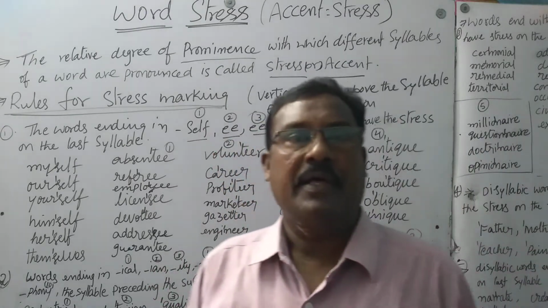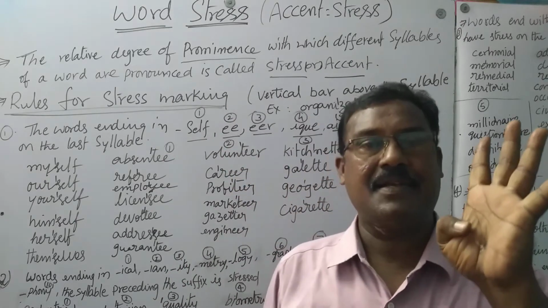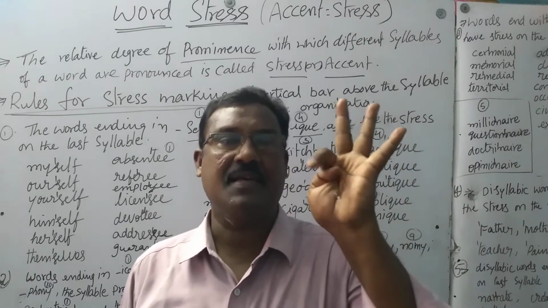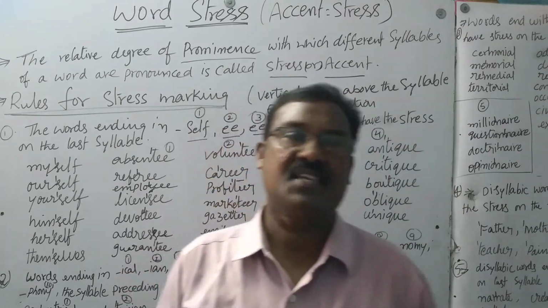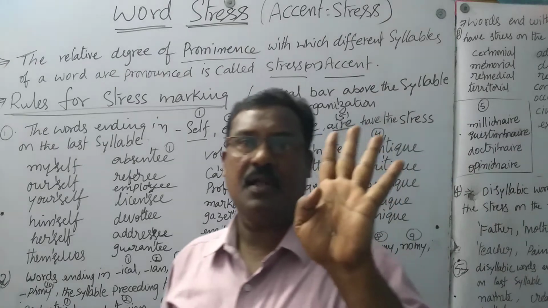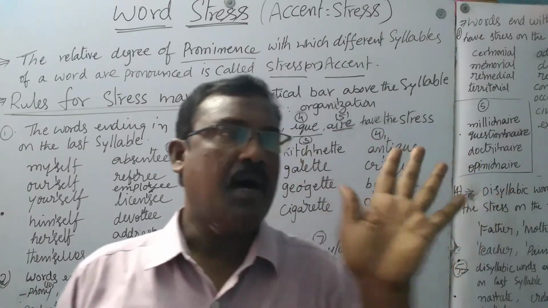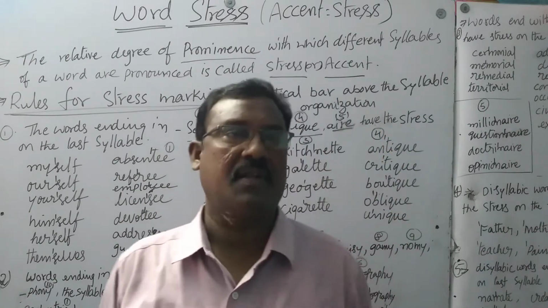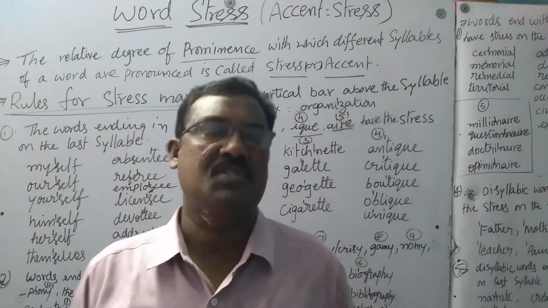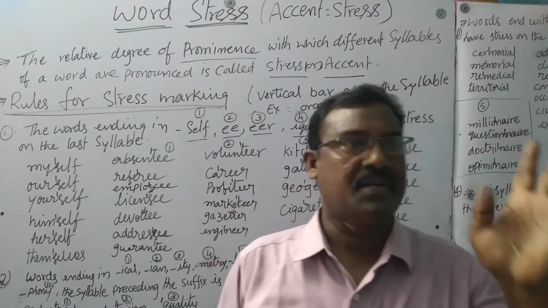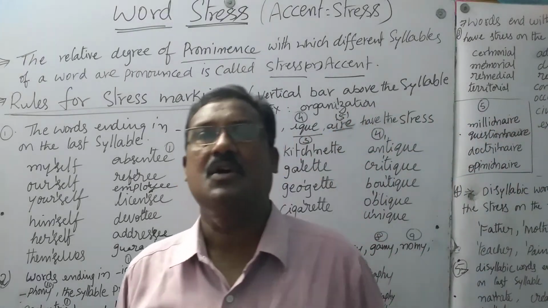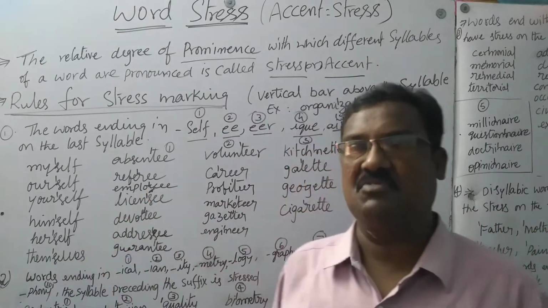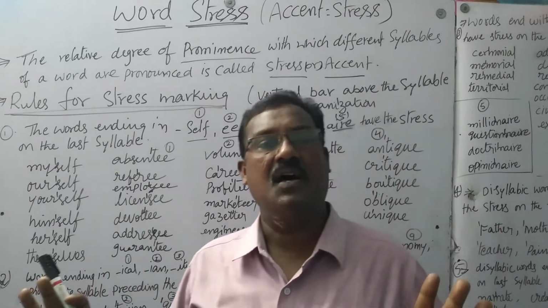Now, recreate. How many syllables are there? Recreate, three syllables are there. Articulate, four syllables are there. Recreate, three syllables are there. Now create, how many syllables are there? Two syllables are there. So according to the number of syllables in the word, we can divide the word into